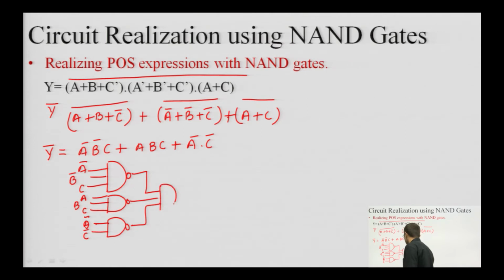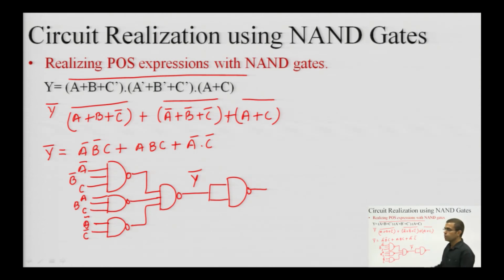For addition, I am again using a NAND gate, but the thing is, this is the expression for Y bar, this is not Y. We have realized the expression for Y bar, and now to obtain the expression for Y, I have to place an additional NOT gate here in the form of NAND only to negate this complement. So, this generates Y double complement, which will be exactly equivalent to your Y. So, in this way we can realize POS based expressions with the help of NAND gates.